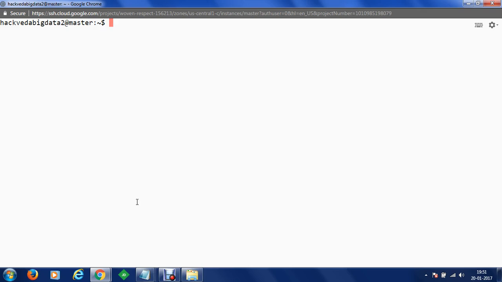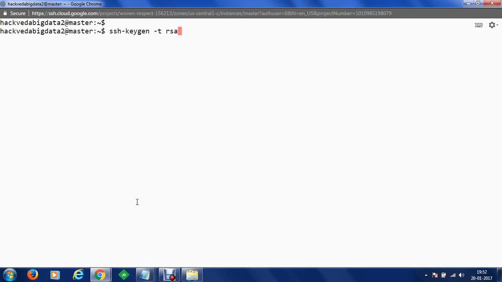Once we have performed all the configurations, what we need to do next is authorize SSH access to our local machine. To do this, we are going to generate a public key for SSH access, and we are going to copy that public key into authorized keys. To generate an SSH key, we can use the application ssh-keygen.